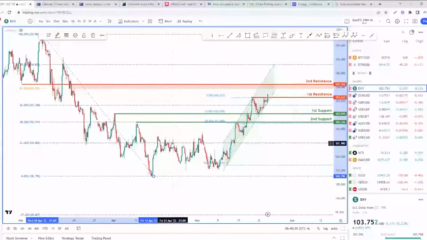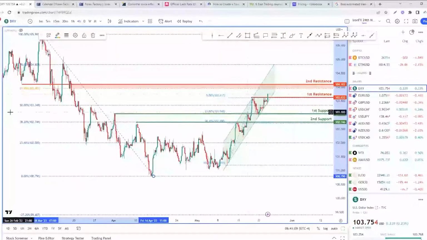So you can see that the level of 23.6% served as a relatively decent resistance area for a period of time, from mid-April all the way till mid of May, almost about 3 to 4 weeks before price finally broke through this level, right? And the next level of resistance would have been at 38.2%. Yet again, it found some resistance at this level, pulled back before finally emerging to break through this level